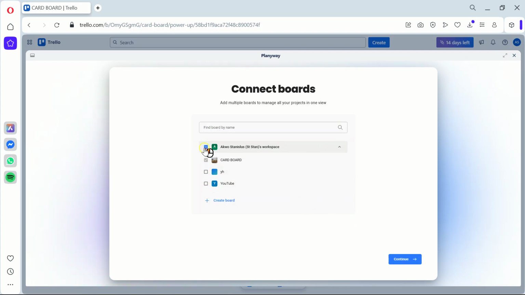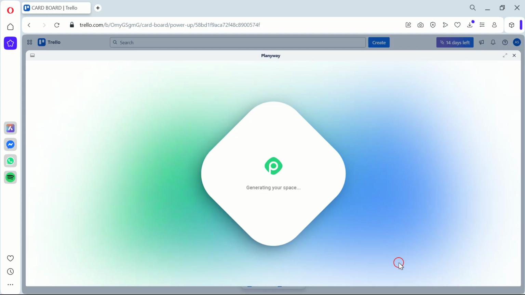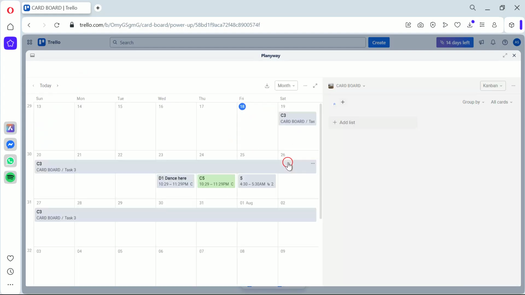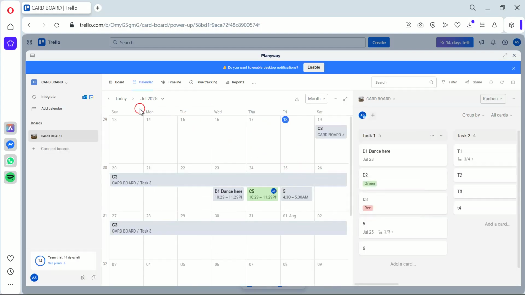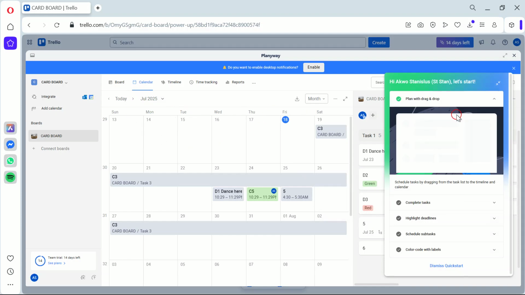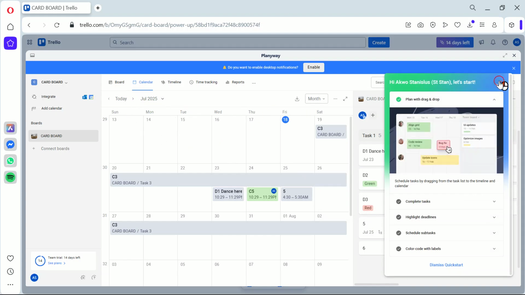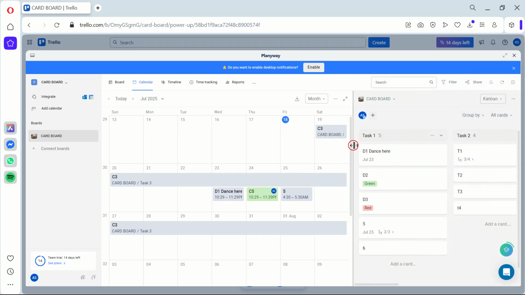Let's not forget about dragging and dropping tasks. In the calendar view, you can easily change a task's due date by clicking on the card and dragging it to a different date. This is a vital feature as it allows for quick and easy adjustments to your schedule, offering real-time task management. Now that we've mastered Trello's board calendar view, you can easily keep track of deadlines, plan